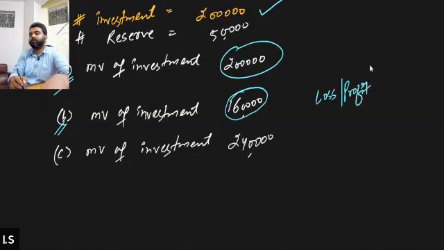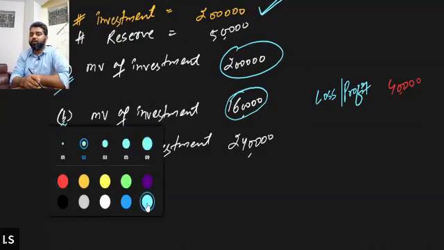Can you repeat the question again? It is a situation where the value of the investment on the date of investment was 2 lakh, but the current market value of the investment is only 1,60,000. So tell me whether the value of the investment increases or reduces. Sir, it is reducing. Correct. So tell me whether there is a loss or a profit. Sir, there is a loss of 40,000. Right, loss.